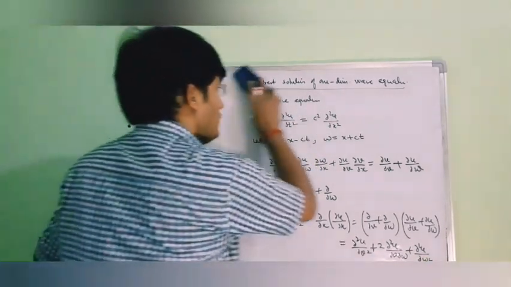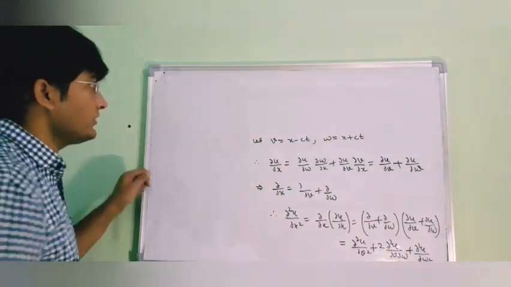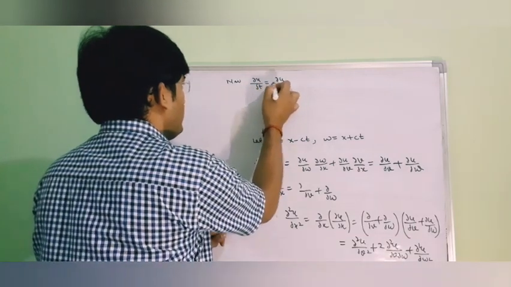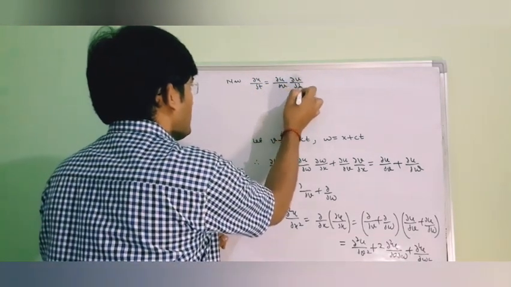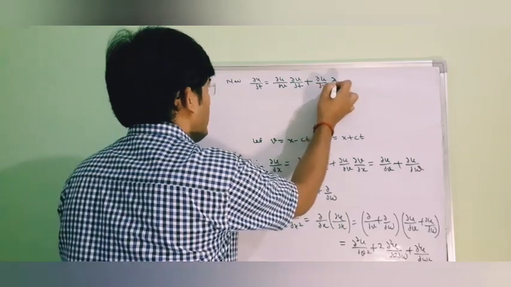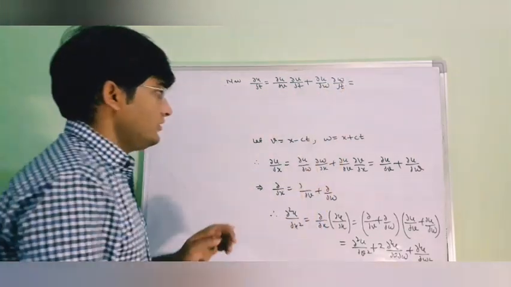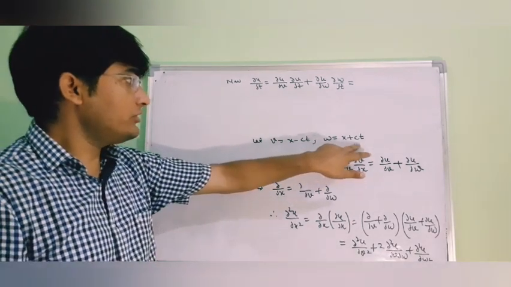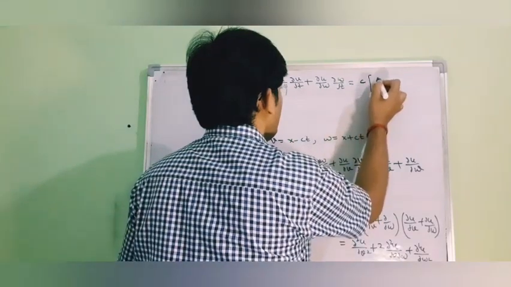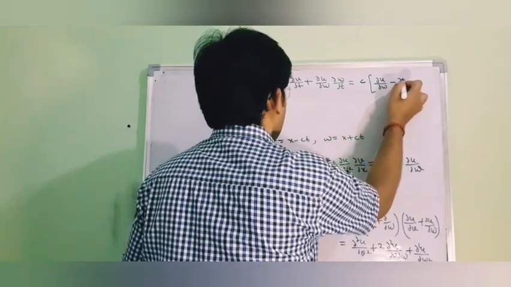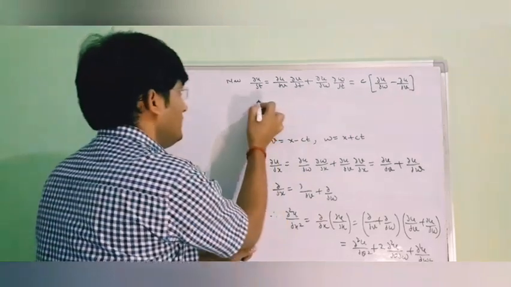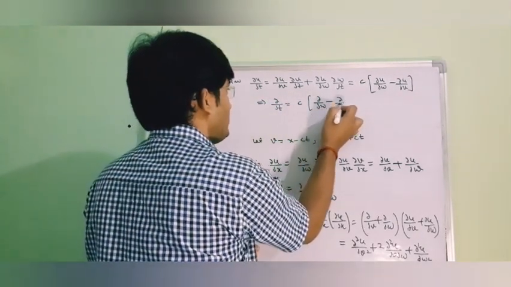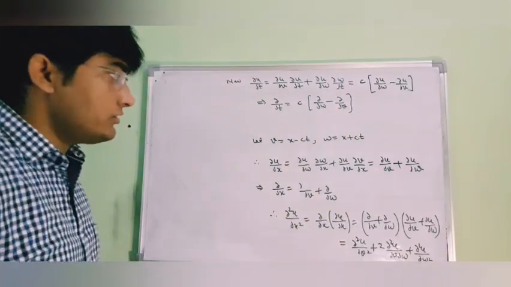Now let us find out the value of ∂²u/∂t². Similarly your ∂u/∂t will be ∂u/∂v into ∂v/∂t plus ∂u/∂w into ∂w/∂t. So here you can see that the value of ∂v/∂t is minus c and the value of ∂w/∂t is plus c. So we will have c common, ∂u/∂w minus ∂u/∂v. So from here the first order derivative will be c times ∂/∂w minus ∂/∂v. So the double derivative will be,